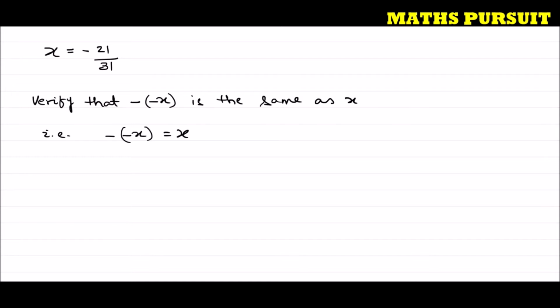So let us pick up the left hand side of this equation. The left hand side says minus into minus x. Guys, we very well know that if we multiply minus with any minus, the negative into negative, it gives us a positive figure. If I multiply minus into minus a, we will get a. In other words, minus into minus a is nothing but minus 1 into minus a, that is equal to plus a. If we multiply any negative with a negative, we will get positive. This is what we very well know.